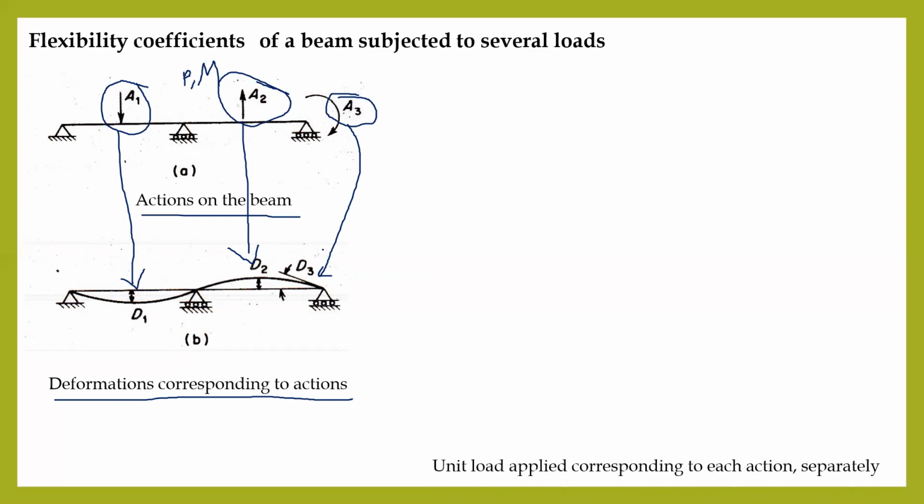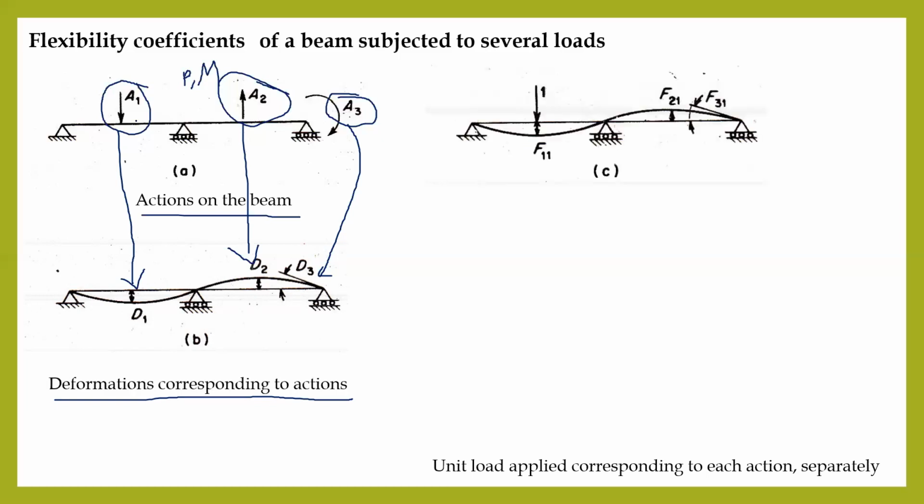now we all know method of consistent deformation. In method of consistent deformation, we will try to first calculate the degree of static indeterminacy, and depending upon the degree of static indeterminacy, if there is any extra reaction component, then we will release that and apply unit load in that direction. So let us see that concept here. So here we have two specific reaction components, here one and here one. So we will talk about it a bit later, how do we release all these things. But as of now, let us see how to apply the unit load.